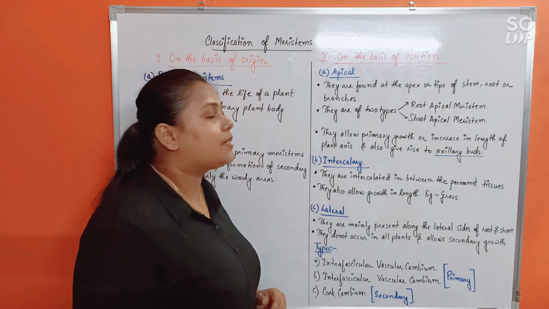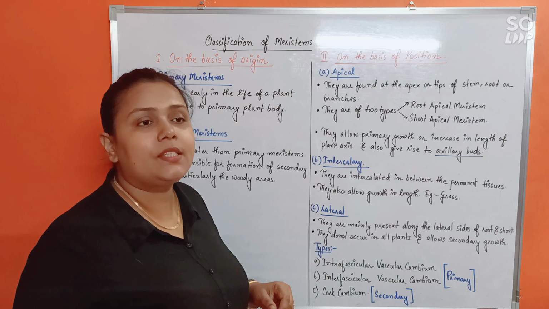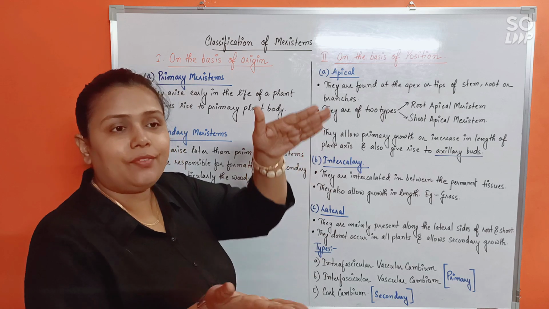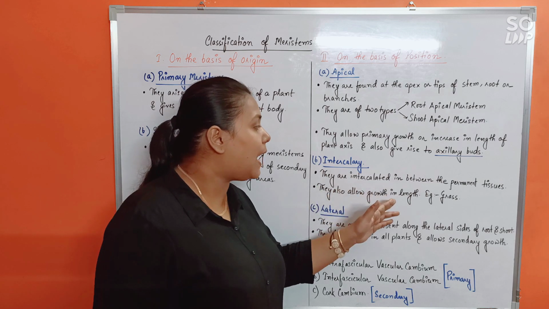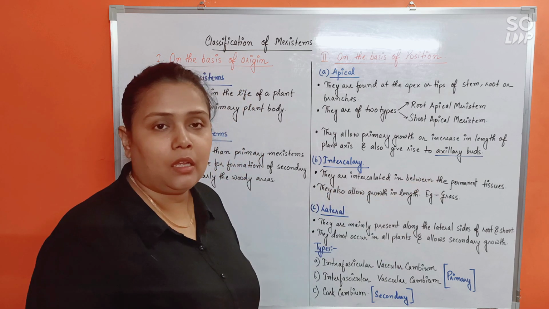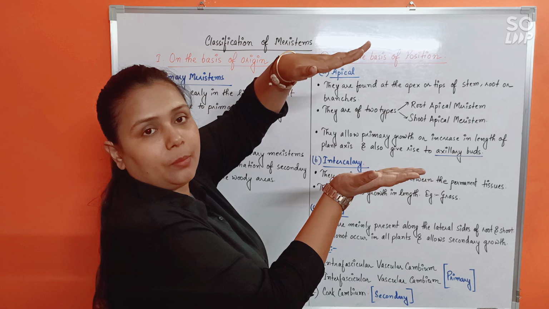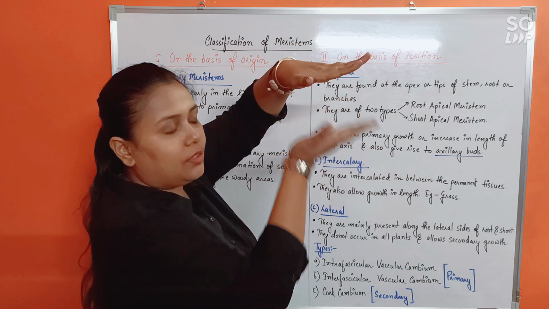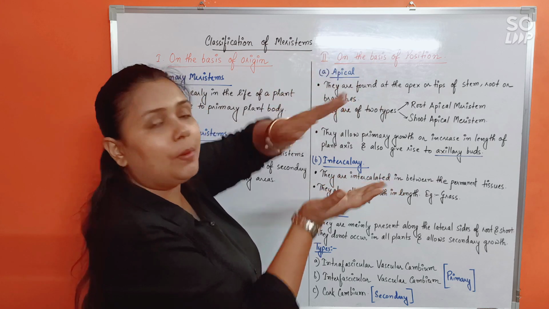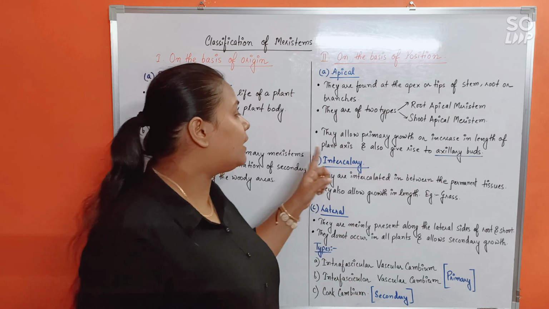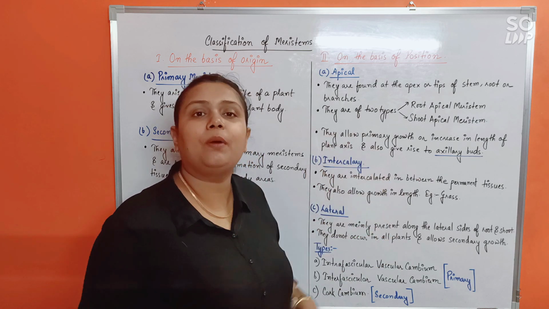Okay. Now next, intercalary meristems. Intercalated means in between, like as if sandwiched between. So intercalary meristems means meristems which are intercalated in between permanent tissues. Suppose in the plant body, this is one layer of permanent tissue and this is another layer of permanent tissue. In between, there remains a layer of meristematic tissue. So that meristematic tissue in between two permanent layers would be termed as intercalary meristem. Why? Because it is intercalated between two layers of permanent tissues.